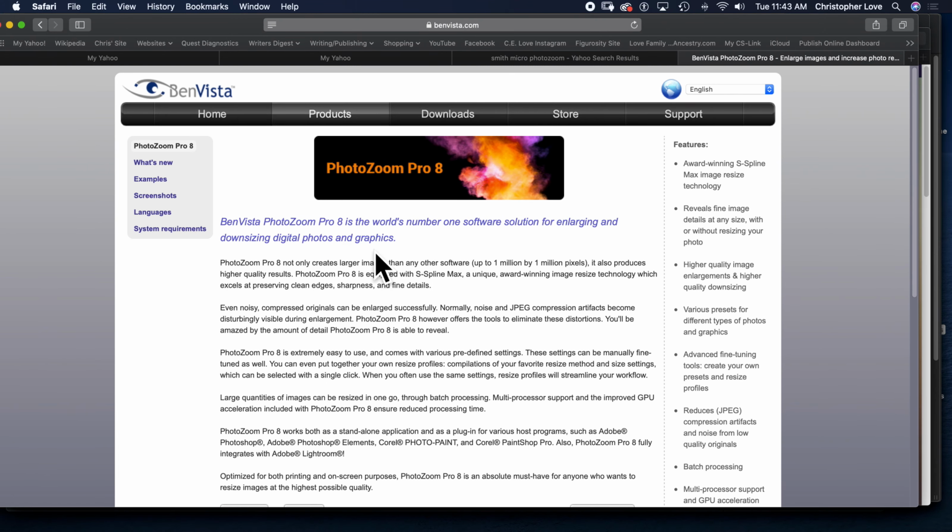And let's see, Benvista PhotoZoom 8 is downsizing or upsizing photographs. And it is what's new, examples, screenshots, everything, system requirements. It's all there. And you saw how hard it was to get here to this website. And not even a problem. And then we simply say, support, store. We go to the store,